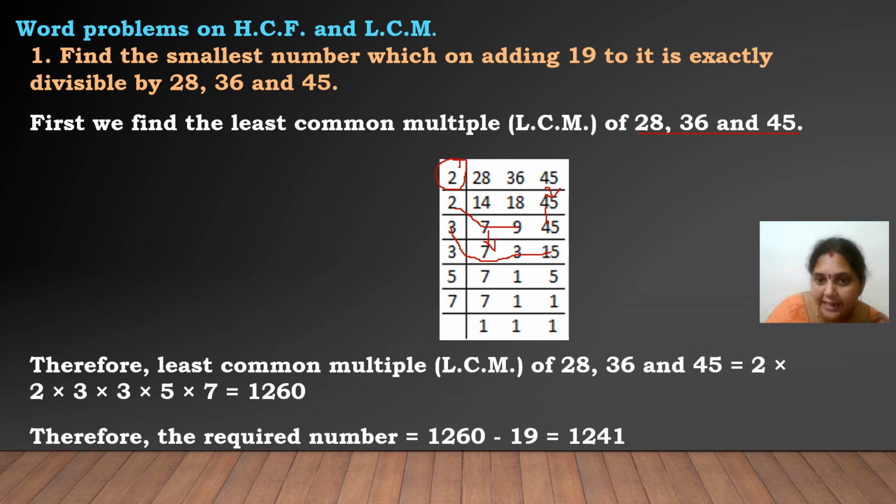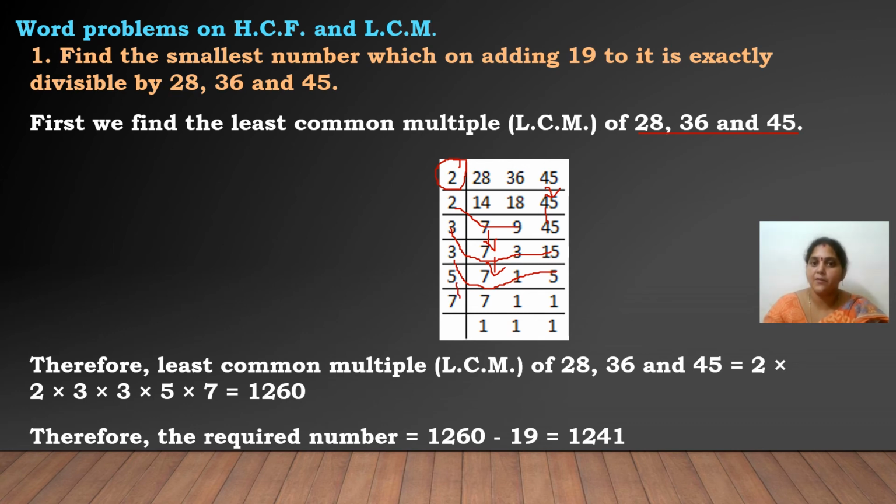Now if you observe again here, 3 and 15 will be going in 3 table. That's why write 7 as it is down. 3 ones are 3, 3 fives are 15. 7 will be coming down as it is. Now 7 and 5 are prime numbers. We can stop here. But for your clarity, we are going to do till 1.